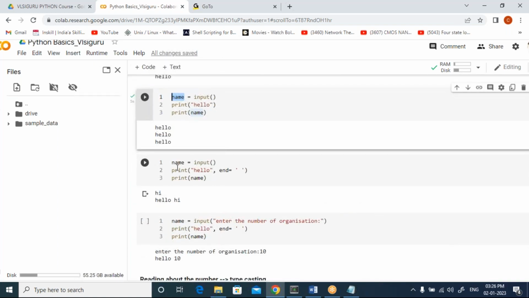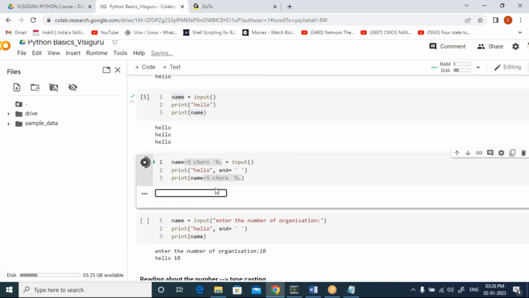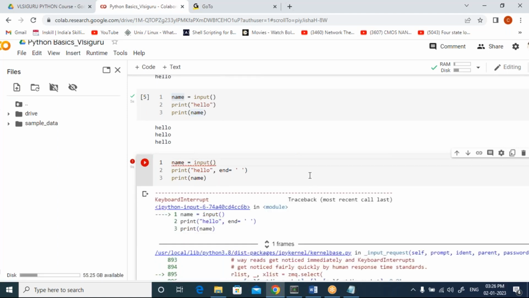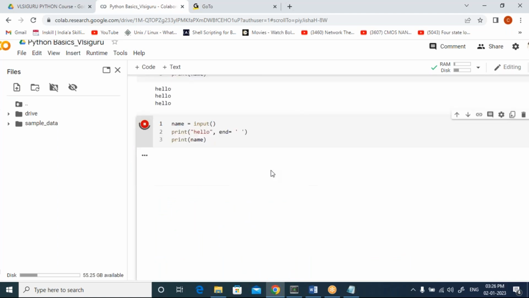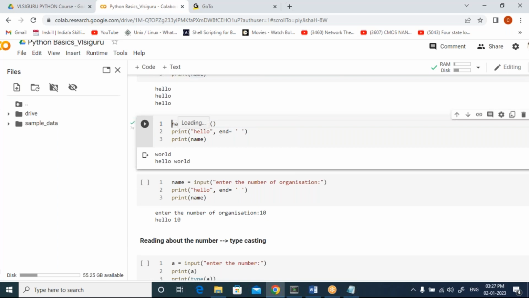And what is the use of this end here? After hello, I'm giving end, which here is a space. Let us type hello world here. If I run this program, now I'm going to give hello world. What is the use of this end in the print function? It is going to use the separation from the name which the user is passing to the print. Hello, comma, end is equal to, it is going to print like hello world. Since I am also giving print of name, I'll remove this. If I run this, now if I give world,